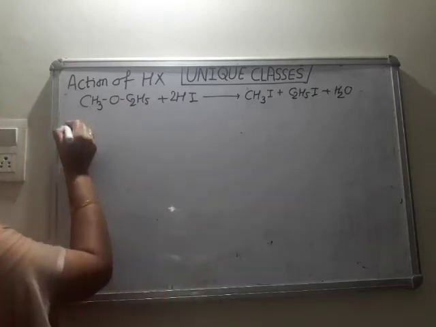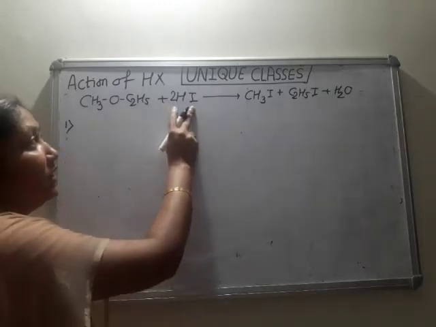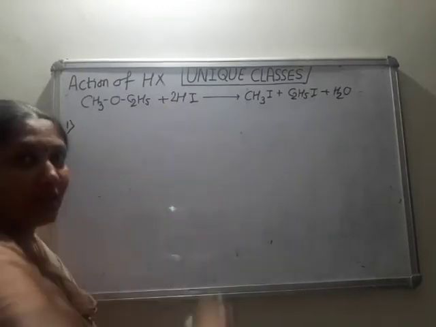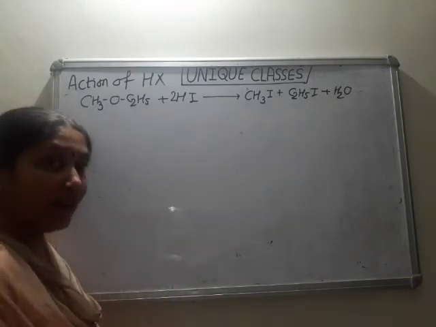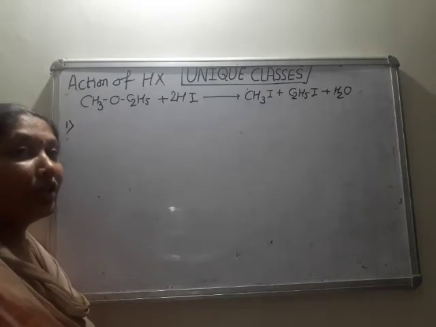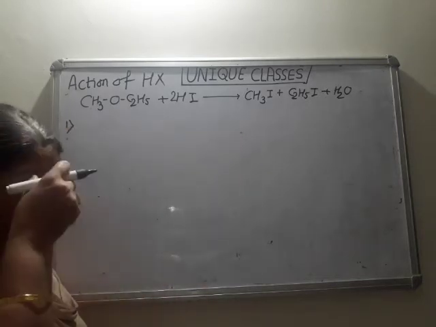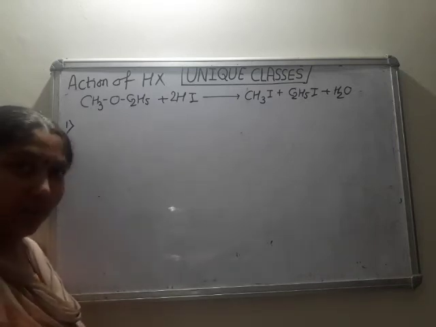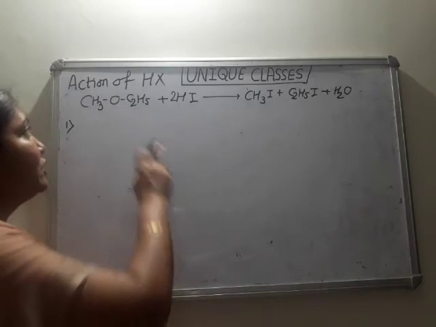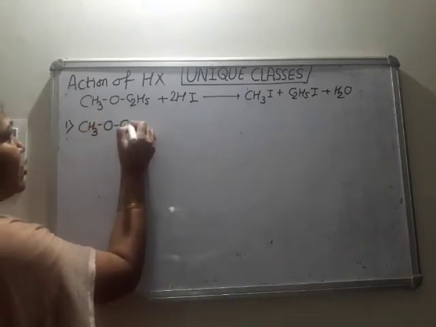See. So first step. What happens in the first step? The reagent used in the reaction is HI and HI is a very strong acid. So the reaction medium is acidic and I told you in the last lecture that ether is considered as a Lewis base. It is considered as a Lewis base. So CH3OC2H5.